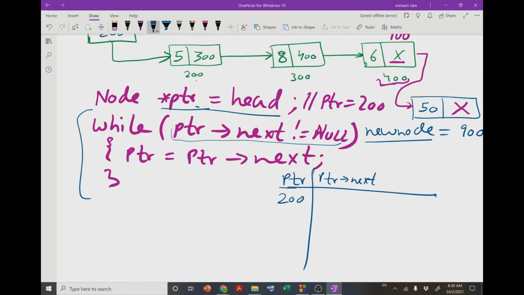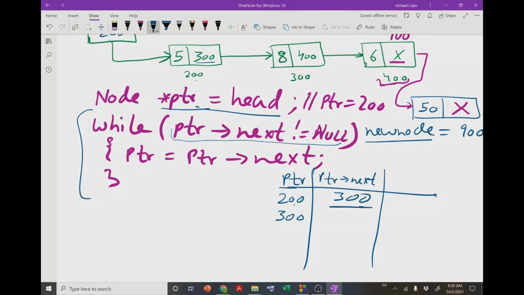So let me put PTR next in the table. PTR is 200, so 200 next is 300, right? Since 300 is not equal to null, the condition is true. So we update the value of PTR: PTR equals PTR next, so the updated value of PTR will be 300.